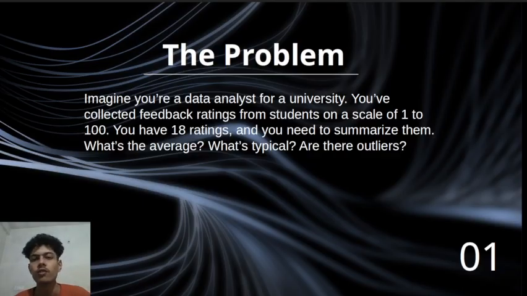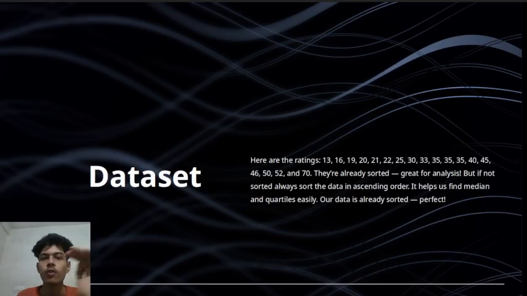What you can see: what is the average, what is the type of the data, and what the outliers are. Outliers are the points that are too deflected from all the data, like 1, 2, 3, 4, and there is 34, so 34 is an outlier. Here we can see that the outlier seems to be 70, but we will discuss it next.